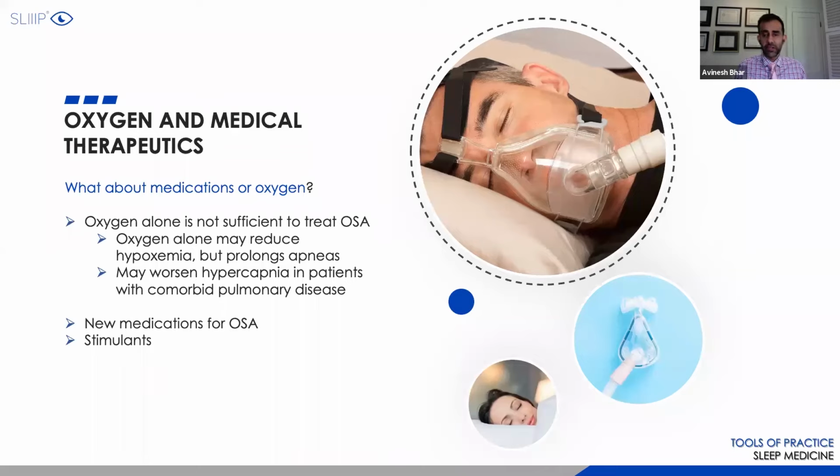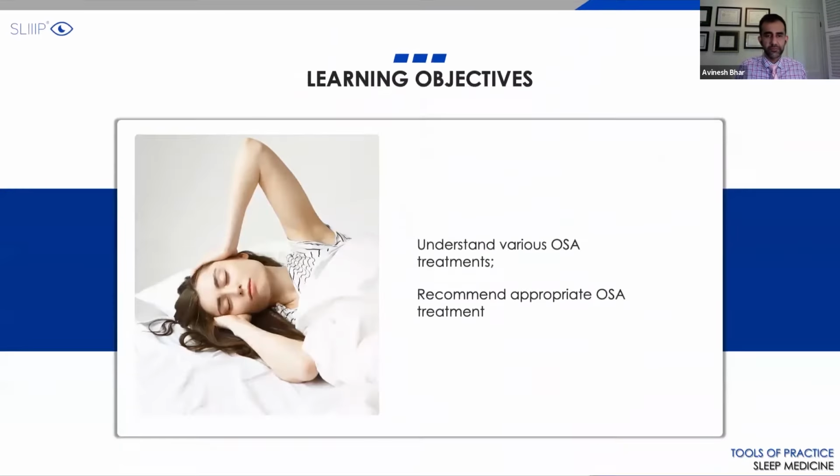In some patients, as we'll talk about a little later, if you have persistent symptoms despite being on auto PAP and you think your compliance is good and everything else looks great, send them to the sleep lab and see whether hypoxia is still an issue. Just because the hypoxia was there with the obstructive events during the home sleep study, it may still persist to a certain degree, depending on how severe the disease is. Stimulants is another one, which we'll talk about as well.